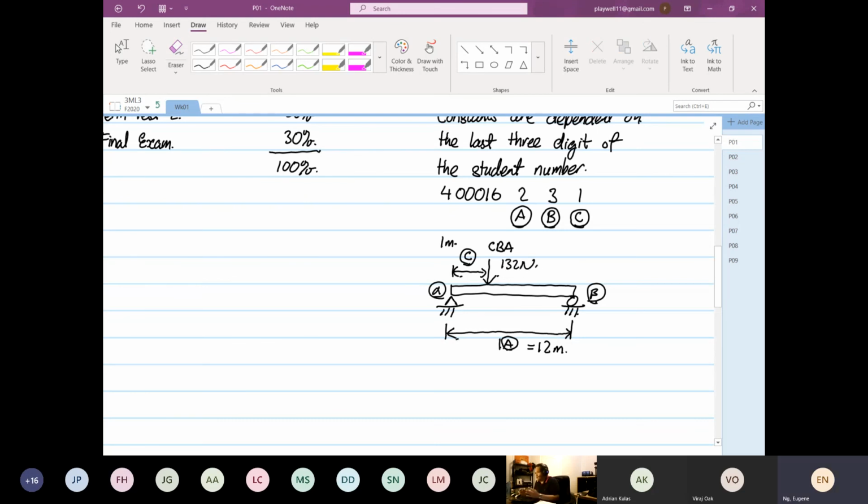So the fairness is this: everyone will do the same structure, but your constants are different. That's why, to me, whether this course is proctored or not does not really matter at all. You can still discuss. I believe the whole class is discussing during the final. I have no problem with that, but at least you cannot compare your answer from one to the other. Everyone has to look after themselves. It's not, can you try my constant and see whether it will work? It does not work like that. It's like a sinking ship, right? You wear your own life jacket. You're not going to give your life